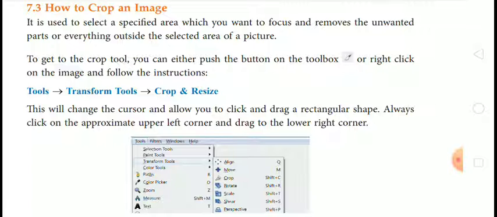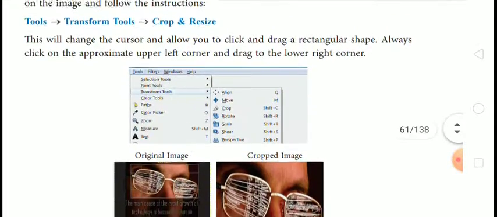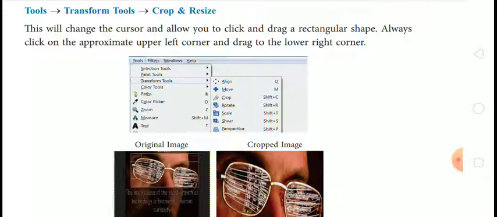To get the crop tool, you can either push the button on the toolbox or right click on the image and follow the instruction. When you right click on the image, then Tools, Transform Tools, then the Crop and Resize option will be there. This will change the cursor and allow you to click and drag a rectangular shape. Always click on the approximate upper left corner and drag to the lower right corner.